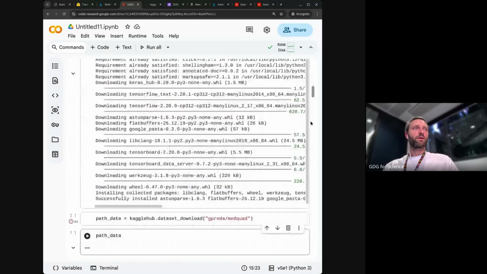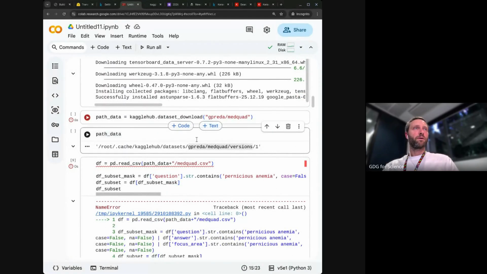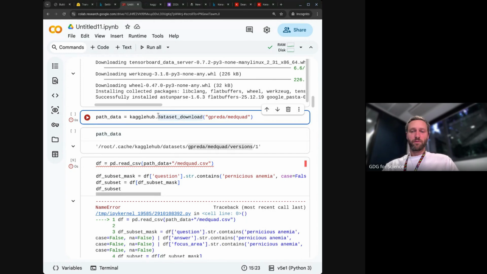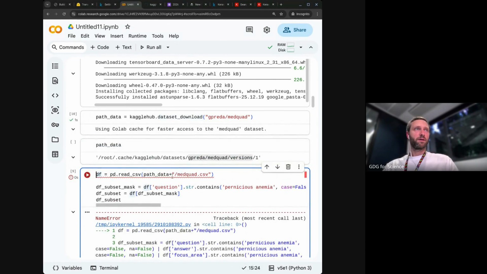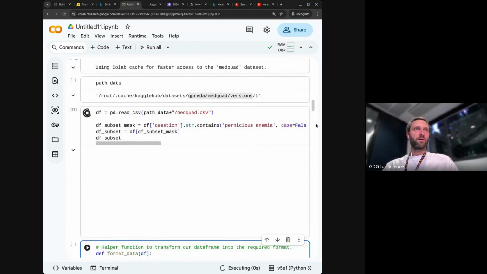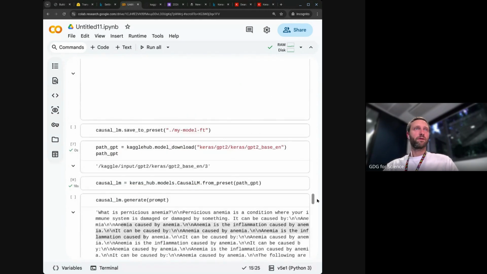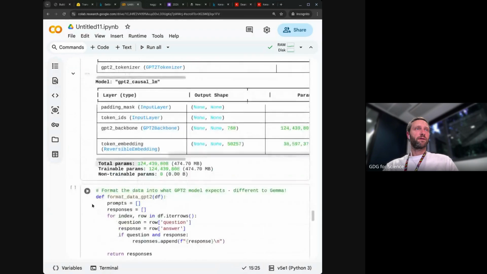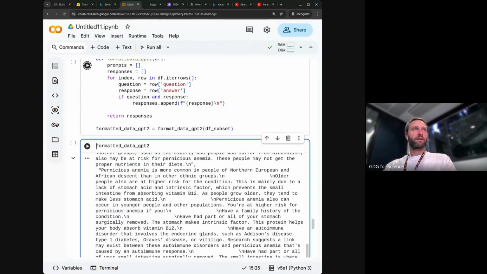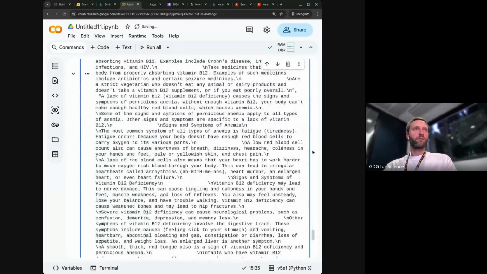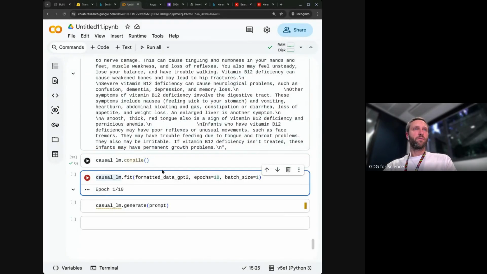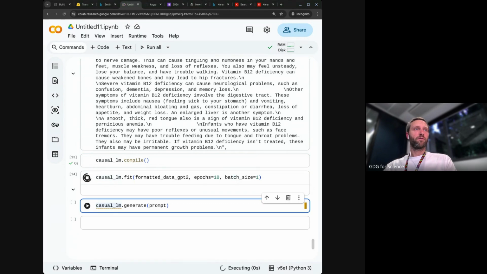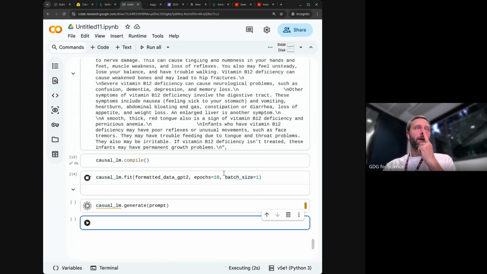Has anything broken? I got MedQuAD. Download MedQuAD. Good. That's done. Okay, let's get that in that format. Good. Okay, compile. Batch size 1. I'll see. Hopefully it doesn't crash this time. Okay. Now, the next part. So while that's thinking,